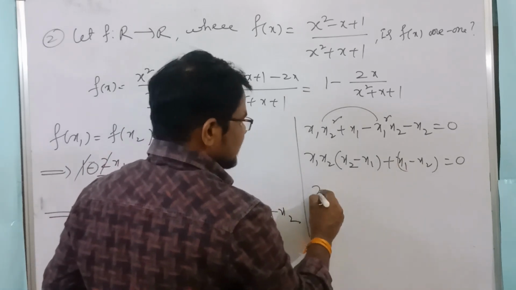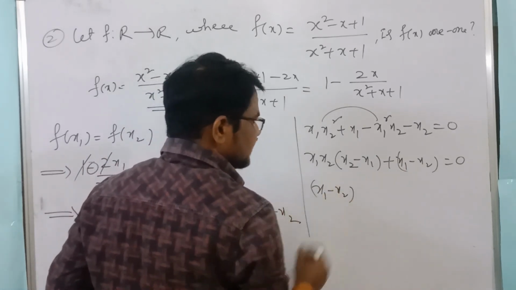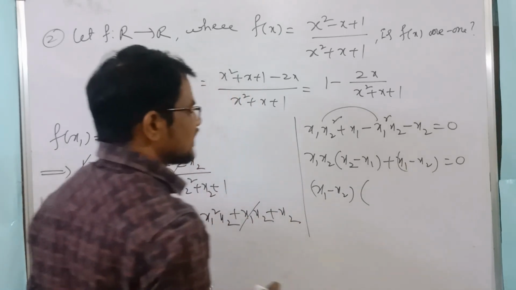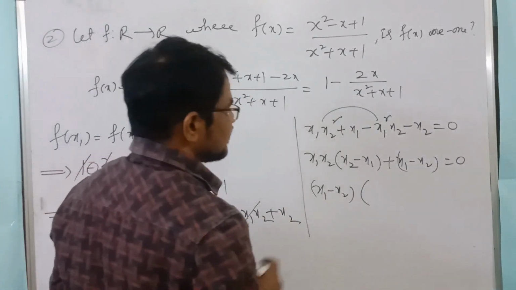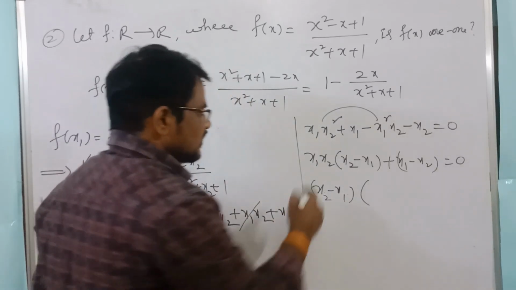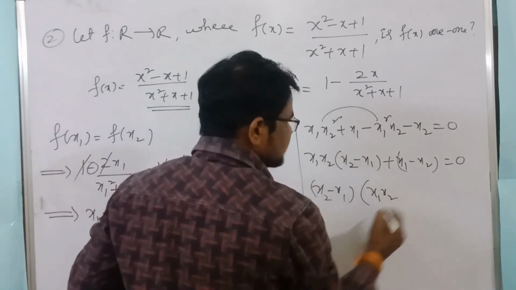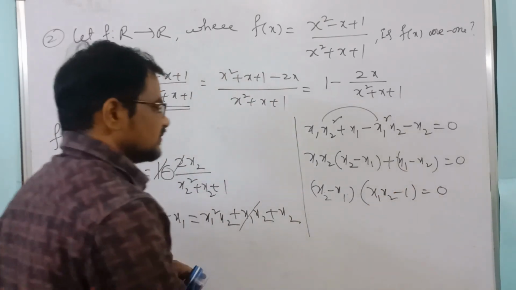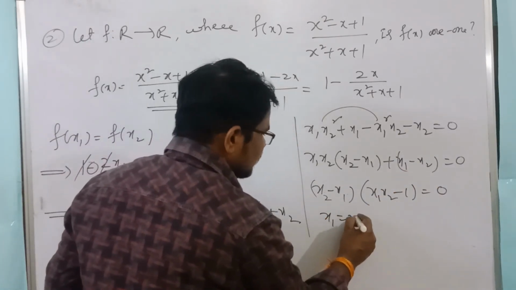So from these two again, x1 minus x2 or x2 minus x1 you take common. If you take x2 minus x1 common, here what is remaining? x1 x2, here minus 1 equal to 0. So x1 equal to x2